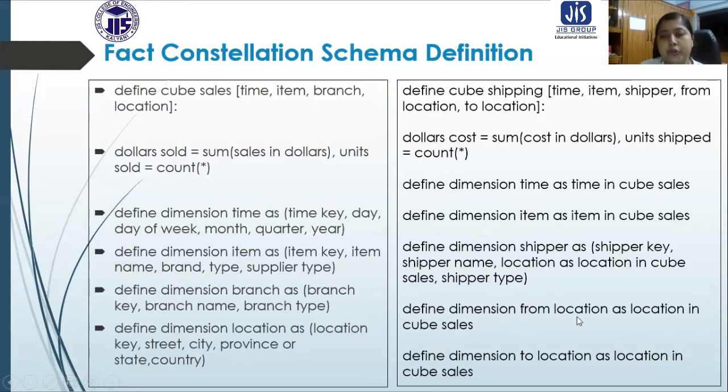The location dimension again you reuse from the sales fact table, so it can be like this, and the location dimension also can be reused like this. So if a dimension is already used by another fact table, whenever the relationship is created, then we don't need to recreate all these dimensions. We can reuse them like this using those commands.